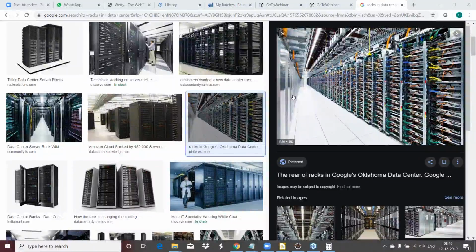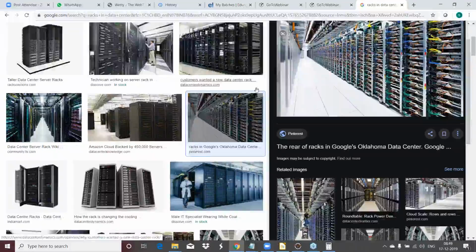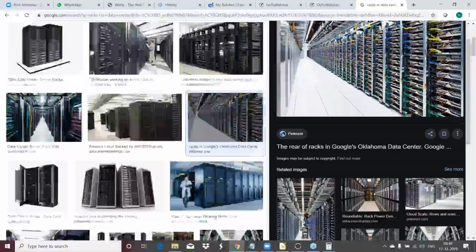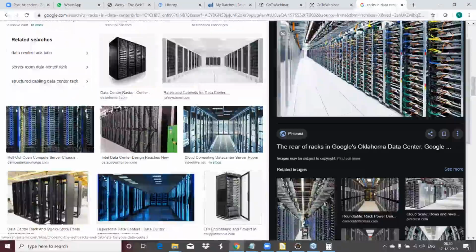Right? So suddenly you will ask me why Sarvesh has started talking about it, because we want to talk about a very important concept called rack awareness. So you have got a very good idea as to how your data center looks like, and that's where I want to talk about this very important concept.